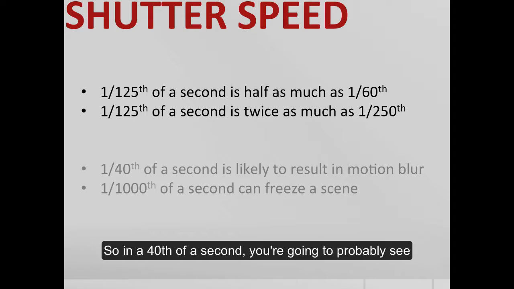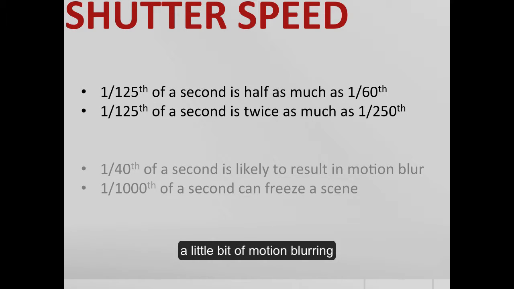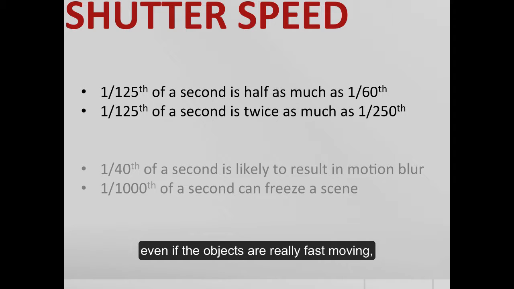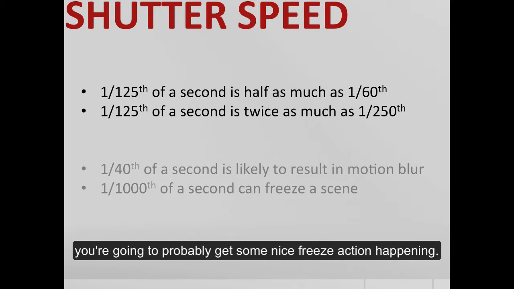So in a 40th of a second, you're going to probably see a little bit of motion blurring when the subjects are moving in your photo. If you bump that up to 1,000th of a second, or even higher, that does an excellent job of freezing, even if the objects are really fast moving. If your scene has really fast movement and you're at 1,000th or higher, you're going to probably get some nice